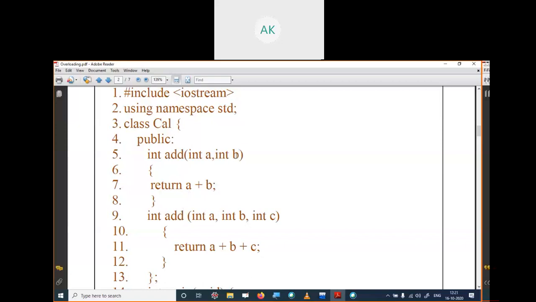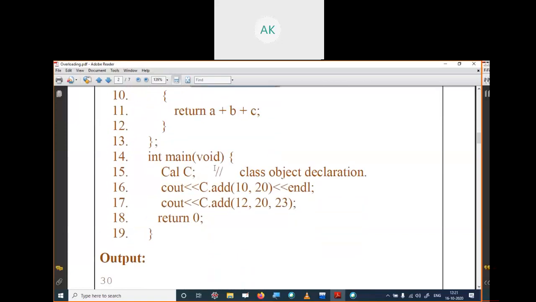Here, as you can see, we have defined only two parameters for this function add, and for this function add we have defined three parameters. So we can easily differentiate which function we are calling. The name of the function is the same, but the list of parameters is different.